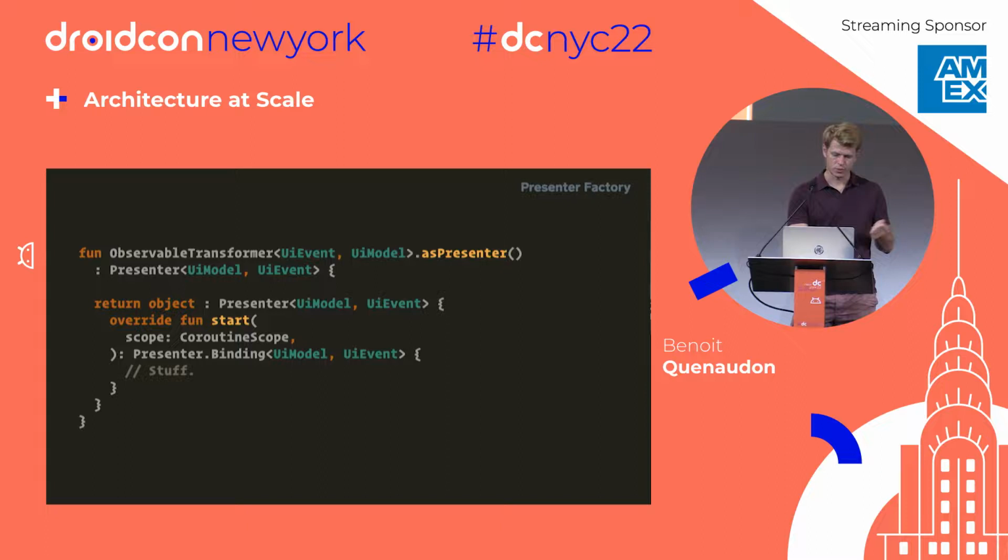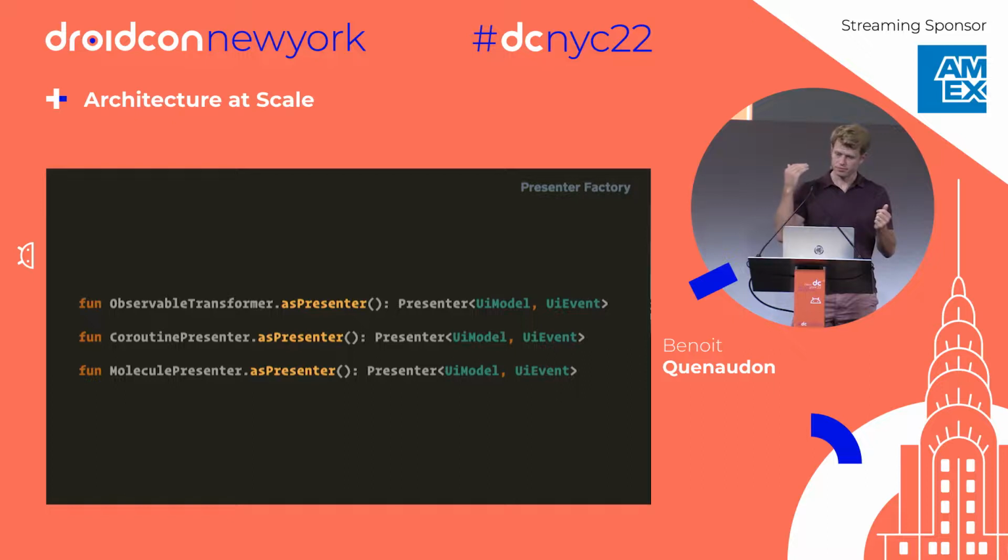We will have the same with the Coroutine presenter. And lastly, we have the same for the Molecule presenter. So we have 3 methods that will let anybody in any module write the presenter that they like the most. We can come up with a new type, it doesn't matter. We just need the bridge method. This also allowed us to slowly migrate code to new technology. So we still have Rx code, we still have Flow code, and Molecule is taking over.